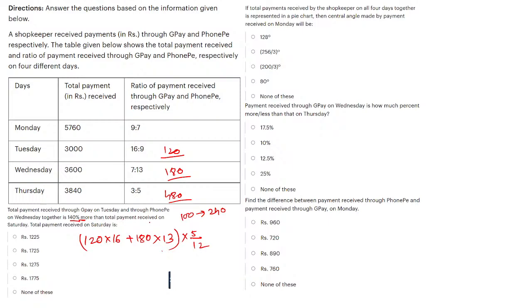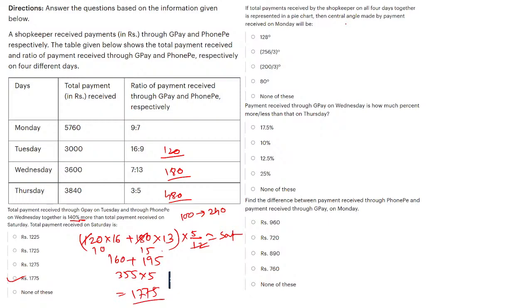Now more than what? The total payment received on Saturday. So this is the total payment received on Saturday. See, this is 10. This is 15. So 160 plus 195, right? So 355 multiplied by 5 will give you 1775, right? If the total payments received by shopkeeper on all the 4 days is represented by a pie chart,